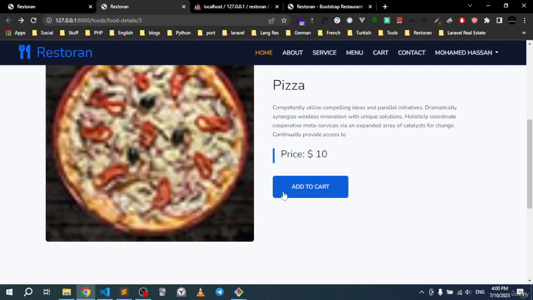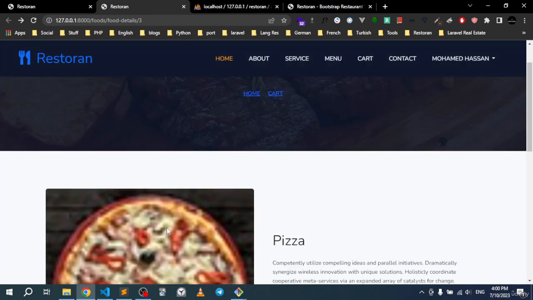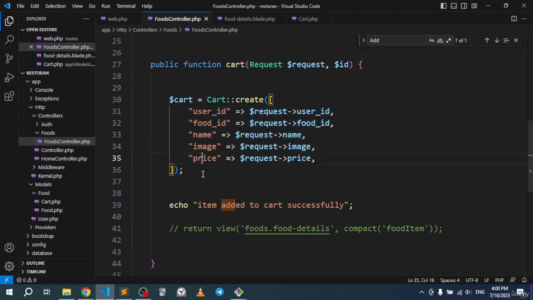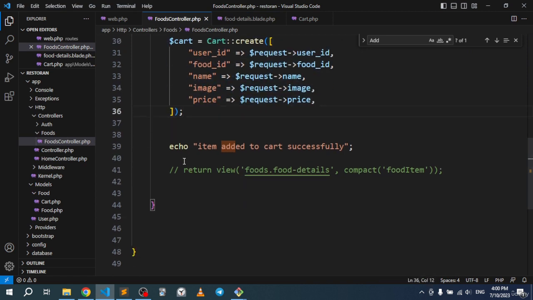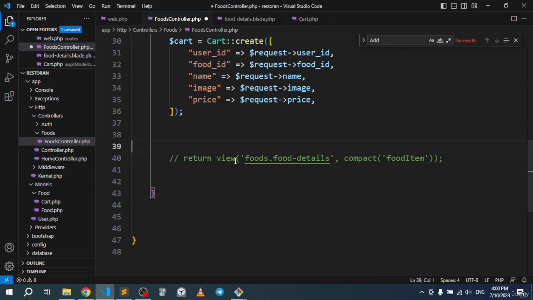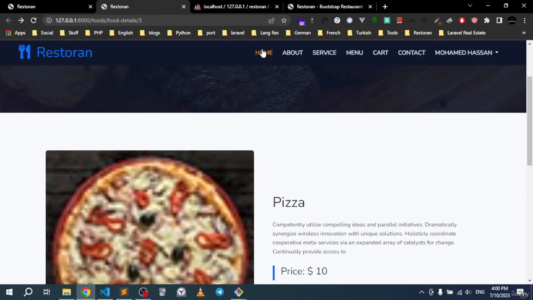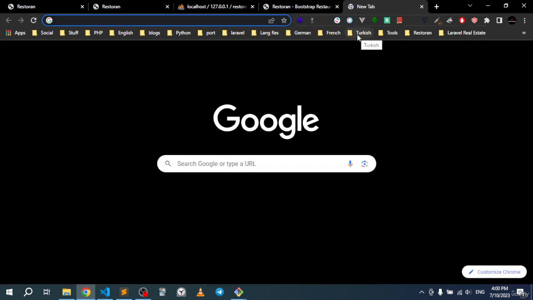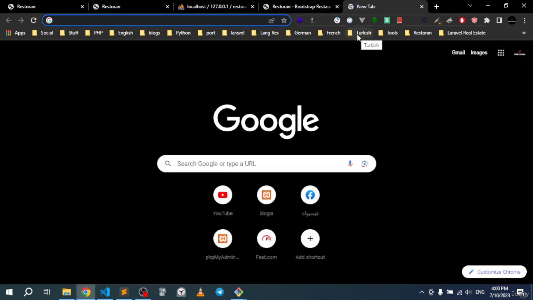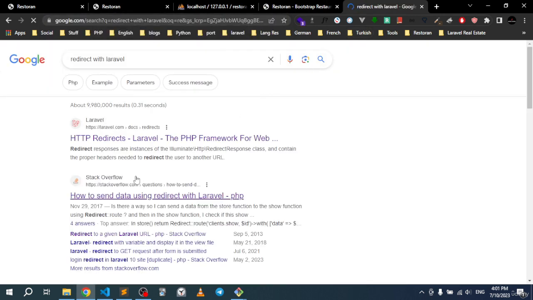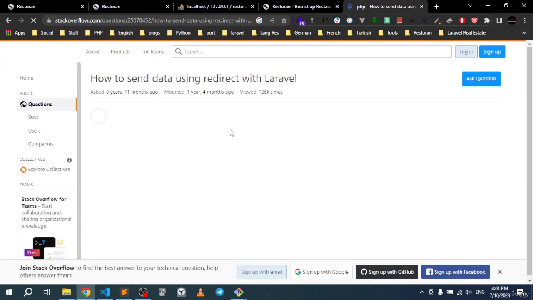So I want to go ahead and, let's see, yeah, let's go back right here. First, add this part. After we insert this inside the cart, I want to go something like if cart right here, I want to return and redirect to the same page actually. So I want to go right here, redirect with Laravel, something like that. I want to pick up,